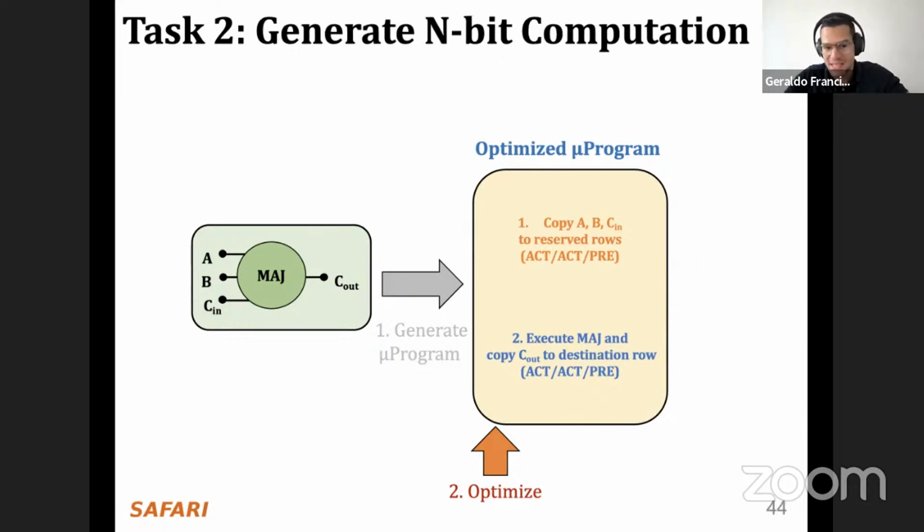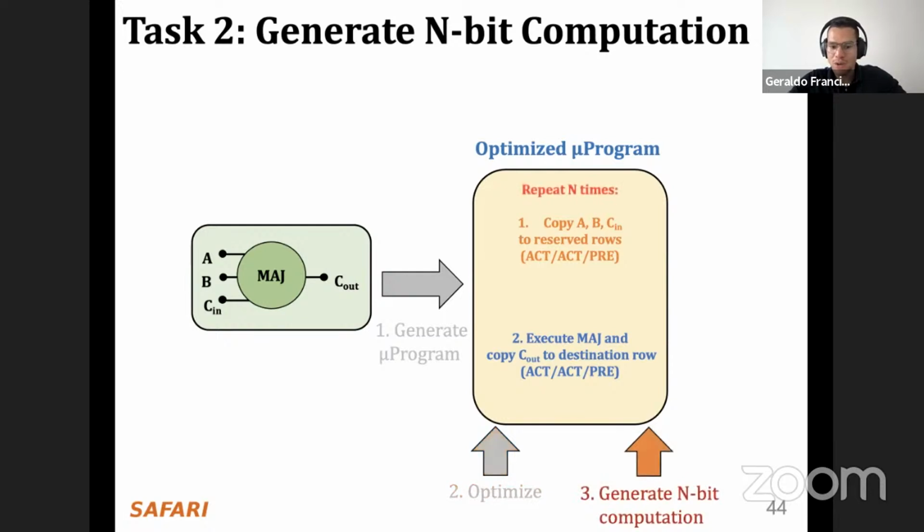The only thing missing here is that this microprogram is only doing the computation for a single bit. This is only doing a 1-bit partial adding operation, this is for the carry out again, but it's only doing it for 1 bit, and we need to generalize these operations in order to do an n-bit computation. And this n can be whatever the user needs. So it can be 8 bits, 4 bits, 16 bits, 32 bits, depending on the word size used by the